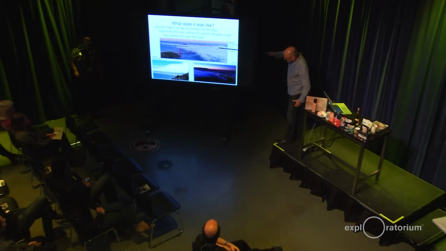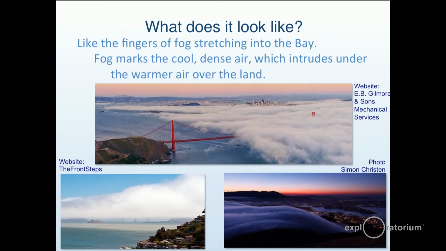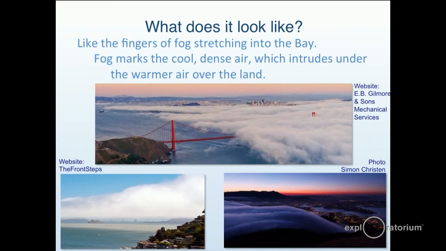The fog is high up at the top of Golden Gate Bridge, and it forms a wedge just like that salt water reaching in towards Berkeley and Oakland and thinning out. It's a fog wedge, and that's really what that salt wedge looks like going into the bay. Here you can see it backing up behind Mount Tam and the ridge north of the bay, just like the salt water backs up behind the tidal bar offshore of San Francisco Bay. And here you can see a picture from Sausalito looking across this wedge, and you can see the wedge shape.